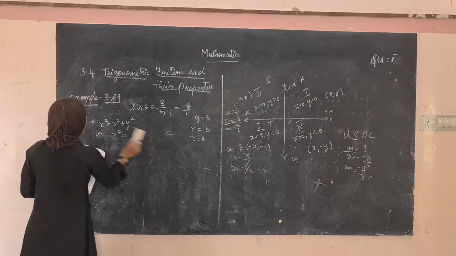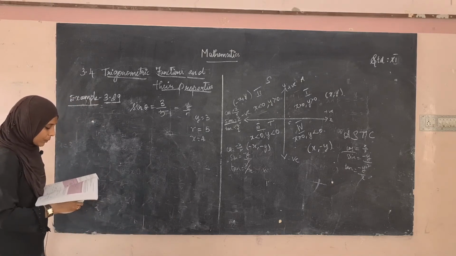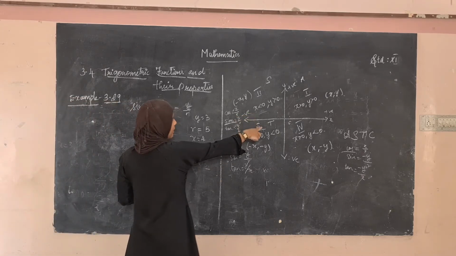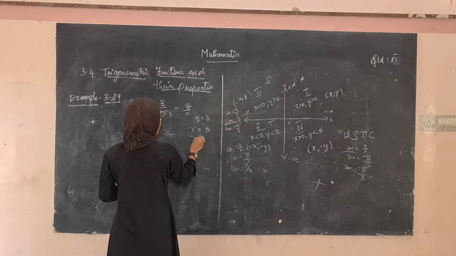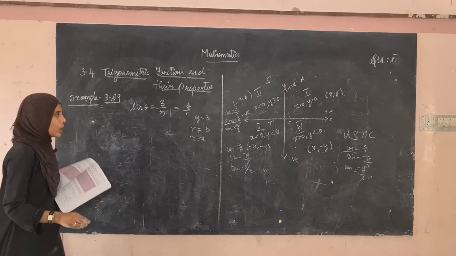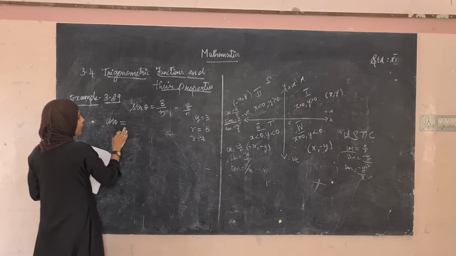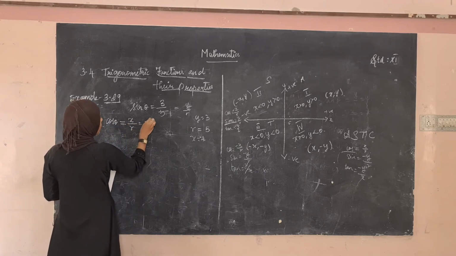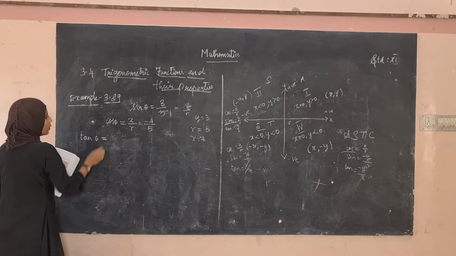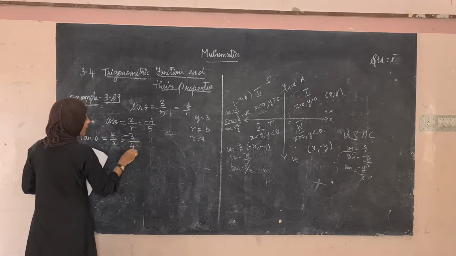Okay, and see here, what they have given is that theta is in the second quadrant. So if this is the second quadrant, the x value will be minus. So x is equal to minus 4, you have to use. So sin theta is 3 by 5. What about cos theta? We have to find the other 5 values. Cos theta is equal to x divided by r, which is minus 4 divided by 5. Then what about tan theta? Tan theta is equal to y divided by x. What is y? 3 divided by minus 4, which is minus 3 divided by 4.